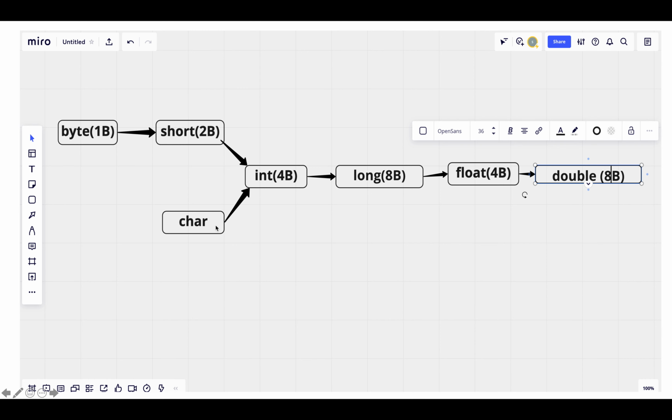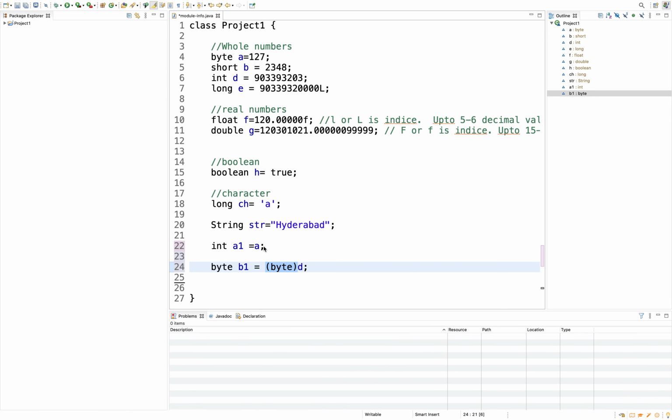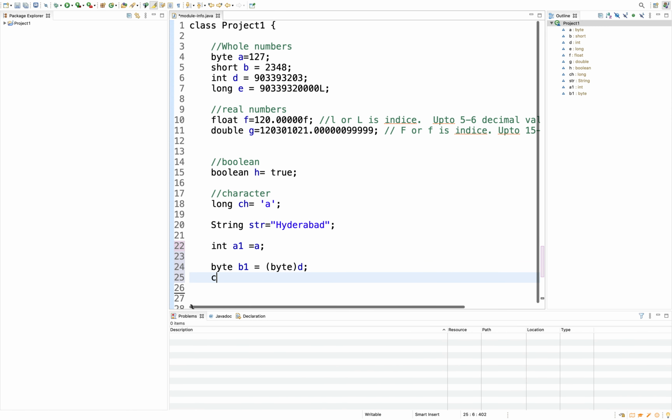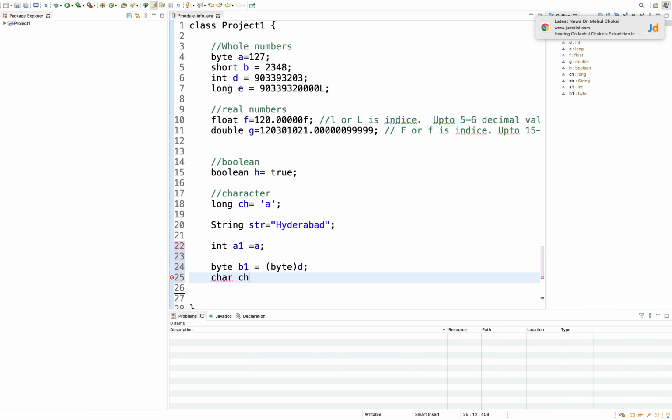Similarly, we'll see the character example as well. What is the storing capacity of a character? Up to 2 bytes, right? So I'm declaring a new character variable ch2, and now I'm assigning 64 to it.